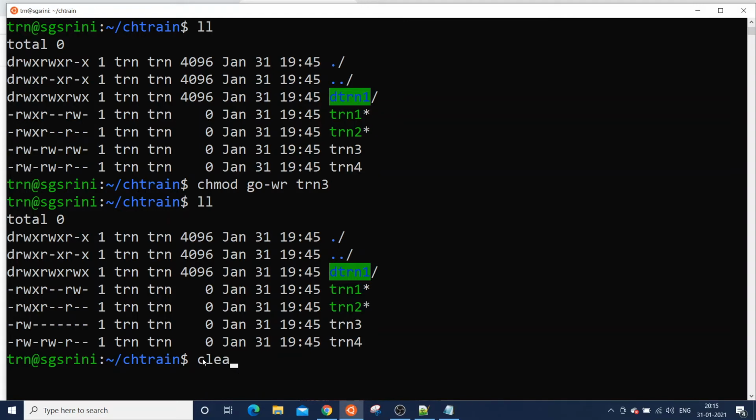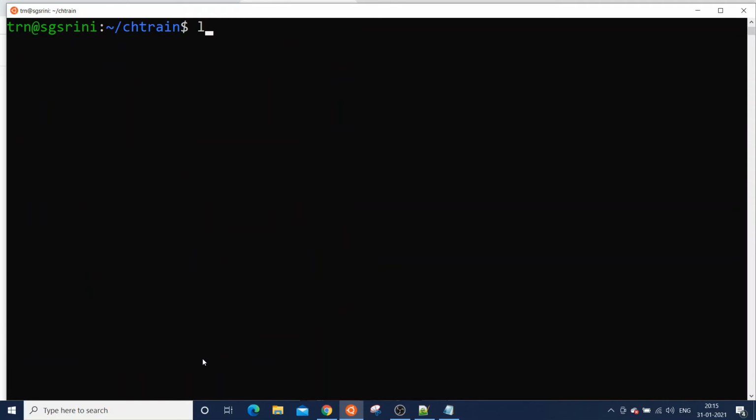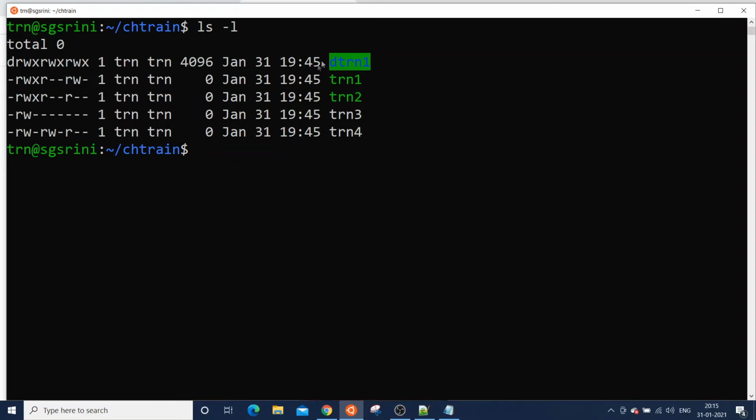Now let's see how we provide access to a directory. Now this is the directory dtrn1, where this directory can be seen by the group and also others. Now suppose I don't want others to see the folder created by me. So what I'll do is remove the access recursively for this directory.